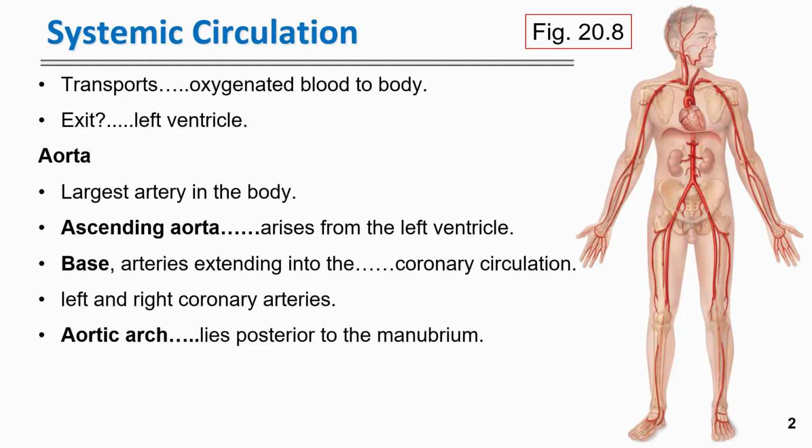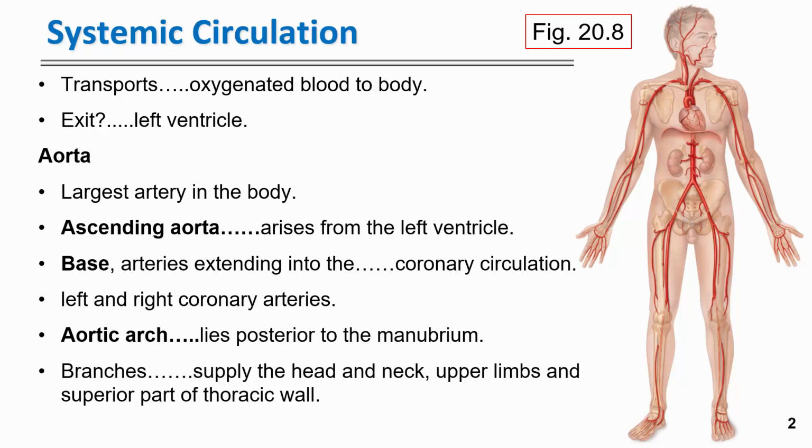The aortic arch lies just posterior to the manubrium and houses branches off the aortic arch that will supply the rest of the body. We're talking about the head and neck, the upper limbs, and the superior part of the